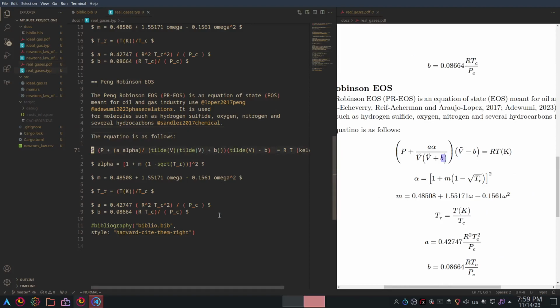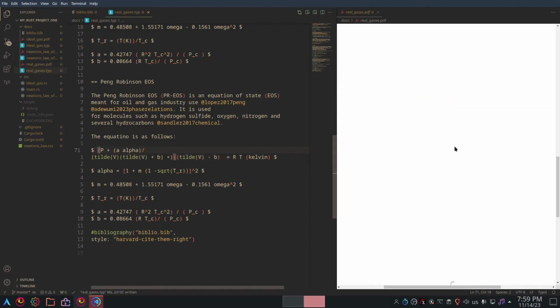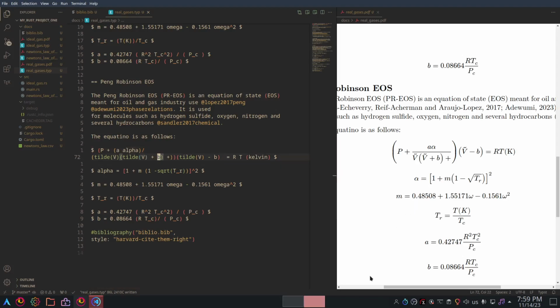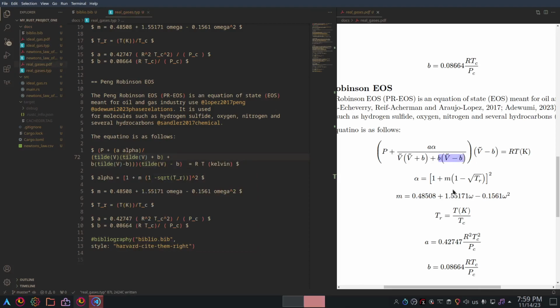So I'm going to change that. So this first V term is going to be only part one of the Peng-Robinson equation of state. We're going to add another term here. That term will happen to be as follows. You have a b and V tilde minus b. So this is, I guess, to ensure that the volume never ever reaches zero, because if b